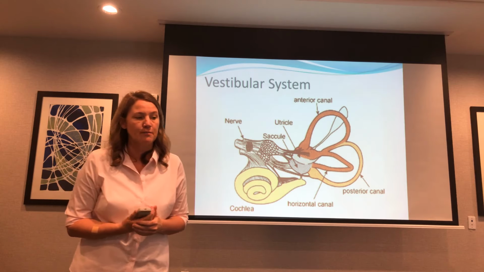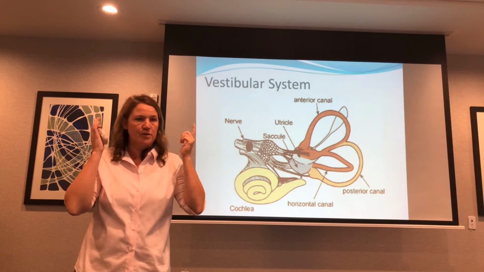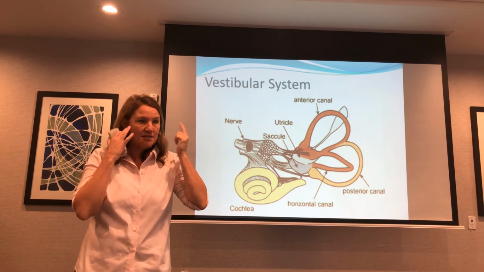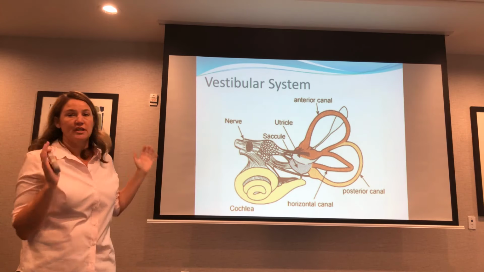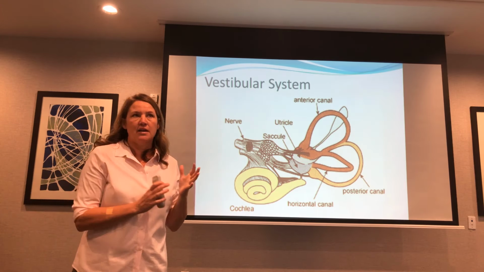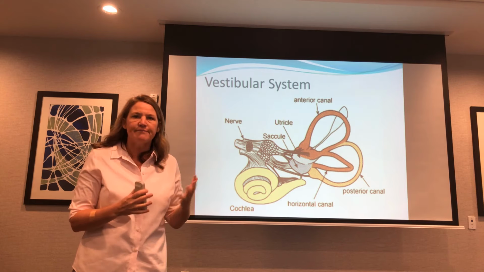From a vestibular standpoint, the peripheral component is in your ears. So it's your inner ear. You have two sets on each side, and it looks like this, but this is huge. They're very, very small. And the interesting thing is, I graduated in '91, which is not all that long ago,